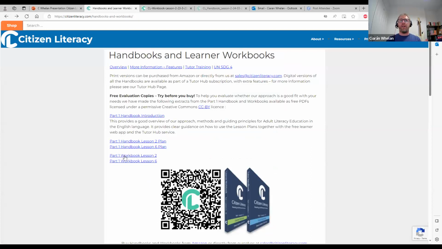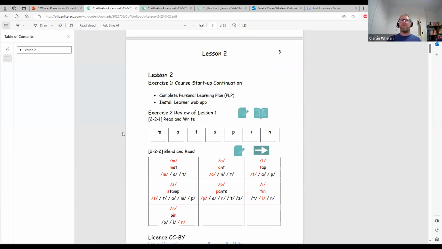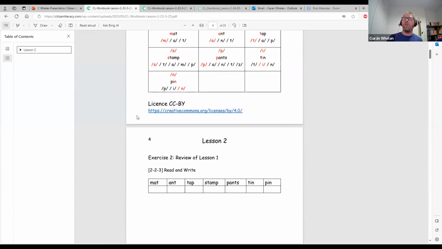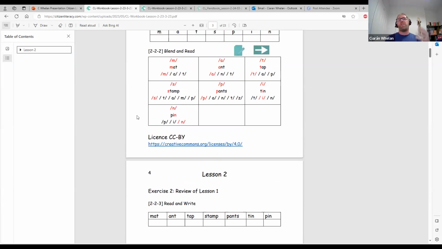And to give you an idea of the workbook for lesson 2. If you remember those 7 objects we had before, so mat, ant, tap, stamp. So this would be the corresponding exercise for that particular activity. It's already done for you. So you can use this ideally in tandem with the app, in parallel in the classroom at the same time, or you can come back and use it as a formative or summative assessment, or use it completely separately,